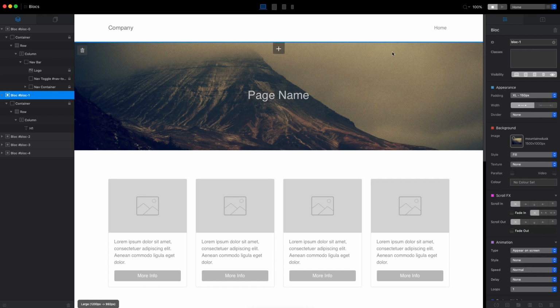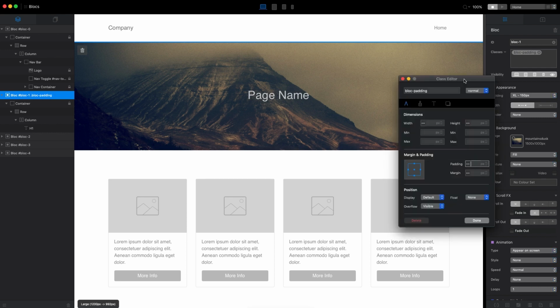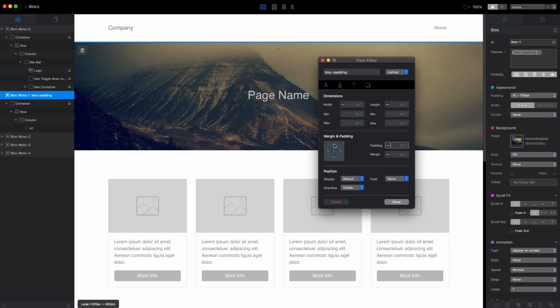Well, we can select the block and add the custom class to it. So let's add the custom class block padding, and we will open this custom class and we will start to adjust the margin and padding section. So let's select the top and bottom sides, and we can do that by pressing on the top, holding shift and pressing on the bottom sides like that. And next we will type the amount of pixels we want to add to top and bottom. So we want it to have 150 pixels, so let's type